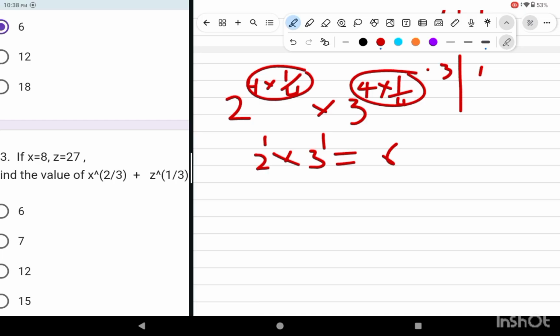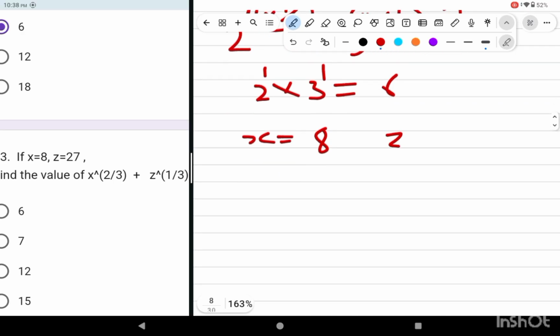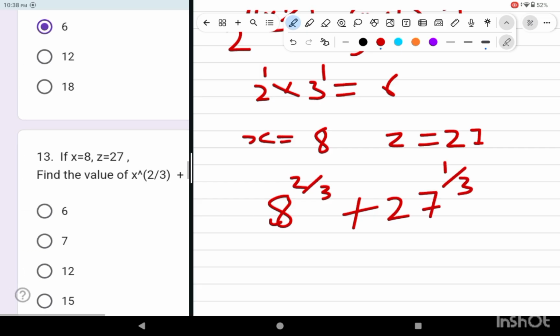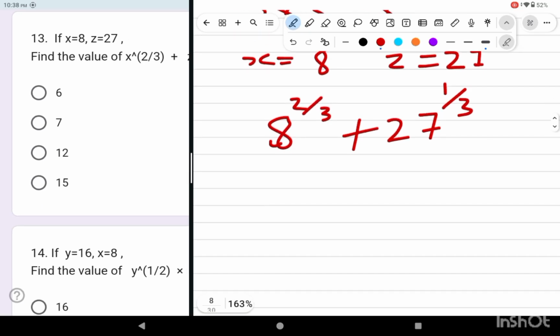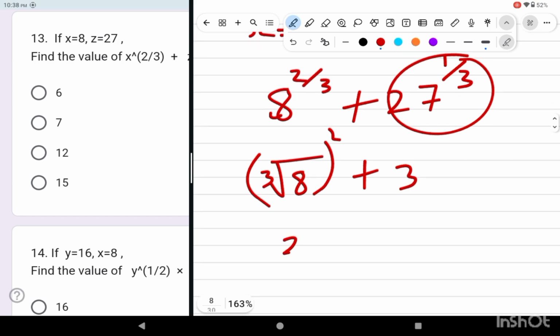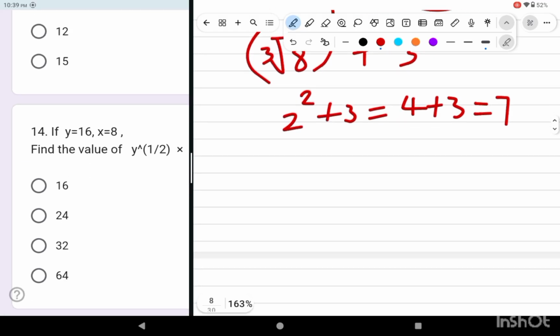For number 13, if x equals 8 and z equals 27, find the value of x raised to power 2 over 3 plus z raised to power 1 over 3. Now slot in the value of x as 8. The equation becomes 8 raised to power 2 over 3 plus 27 raised to power 1 over 3. 8 raised to power 2 over 3 is a fractional index with a denominator of 3, which means cube root of 8 all raised to power 2. 27 raised to power 1 over 3 is the cube root of 27. That gives us 3. So cube root of 8 is 2. 2 raised to power 2 equals 4, plus 3